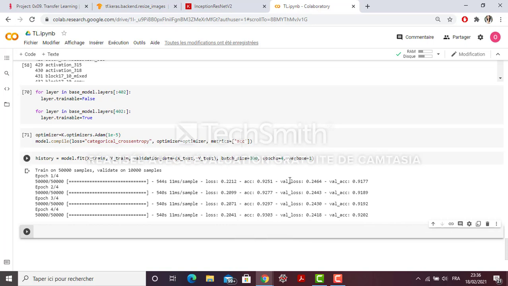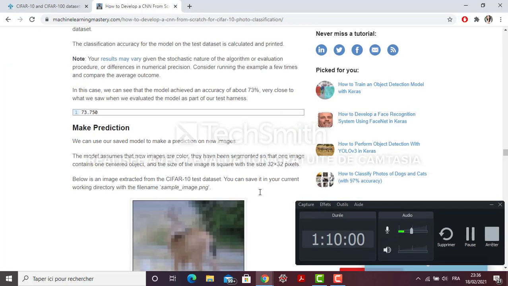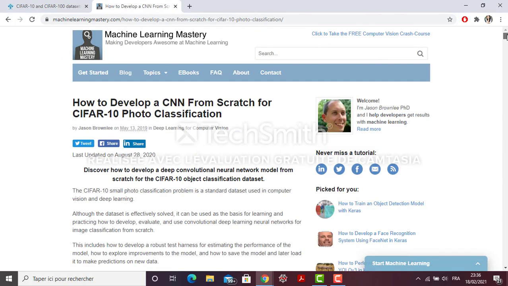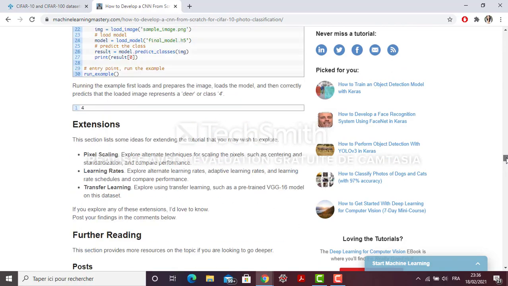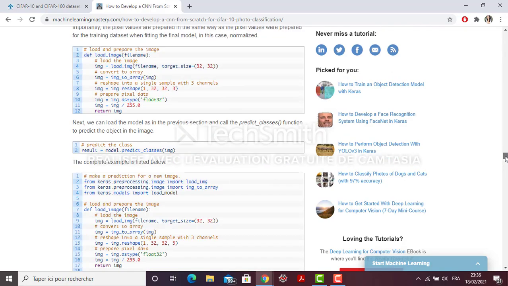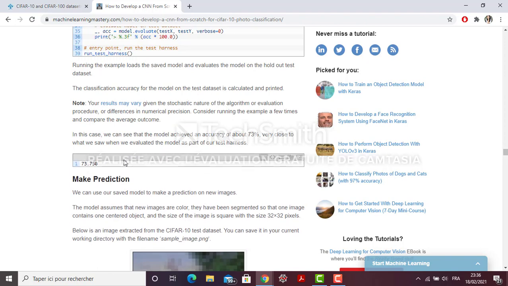So compared to, for example, other models that are built from scratch for the classification of CIFAR-10, we can say that we have pretty good performance with transfer learning. Okay, so for example, I found this one here that explains how to develop a CNN from scratch for CIFAR-10, and they have an accuracy equal to 73.